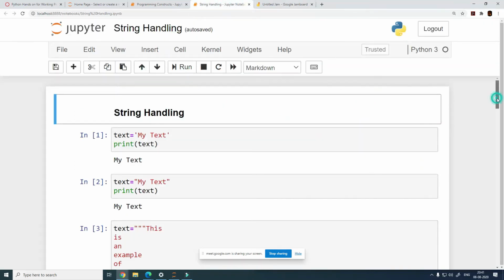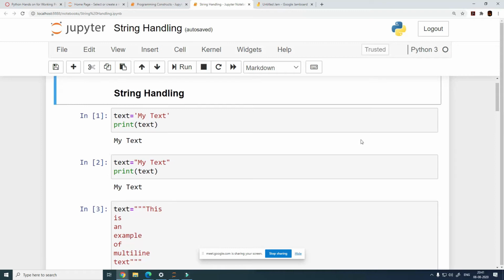And this is going to be quick, not much trouble here. When you need to write a program, you need to do a lot of string handling, text handling, and this is what we are going to do here. Some of the common operations that we do here are something that we are going to check and learn how to do.